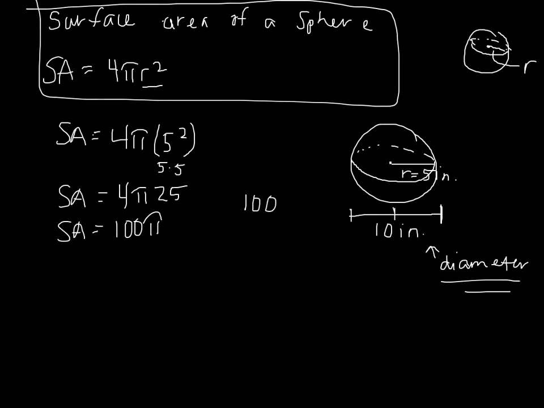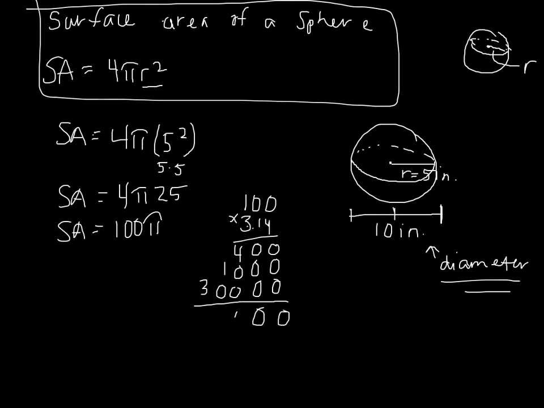Okay, so 100 times 3.14. 4 times 0 is 0. 4 times 0 is 0. 4 times 1 is 4. Add a 0. 1 times 0 is 0. 1 times 0 is 0. 1 times 1 is 1. Add 2 zeros. 3 times 0 is 0. 3 times 0 is 0. 3 times 1 is 3. I've got 0, 0, 4, 1, 3. Bring it back 2. So my surface area is about